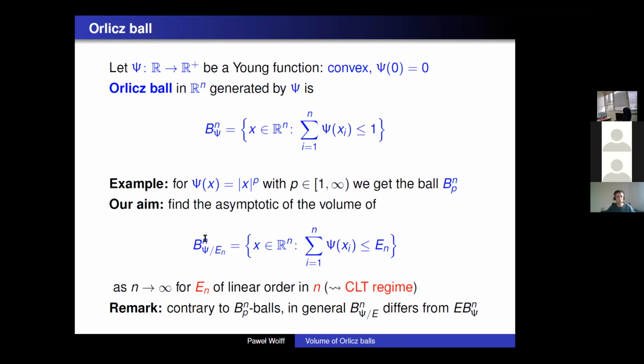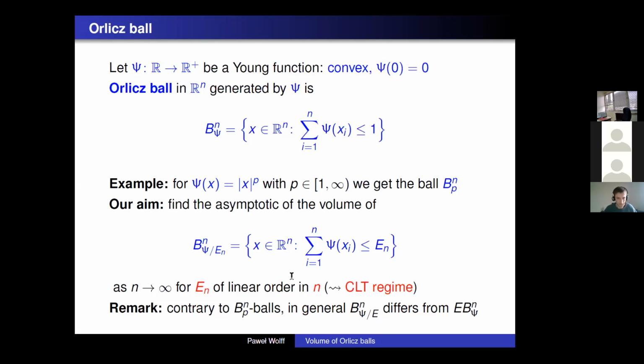The sequence will be indexed by the dimension, but we will stick to a sequence which is generated by an a priori fixed Young function, but there will be some normalization going on. Namely, essentially there will be a single fixed Young function, but normalized somehow. So explicitly we will be looking for this convex body